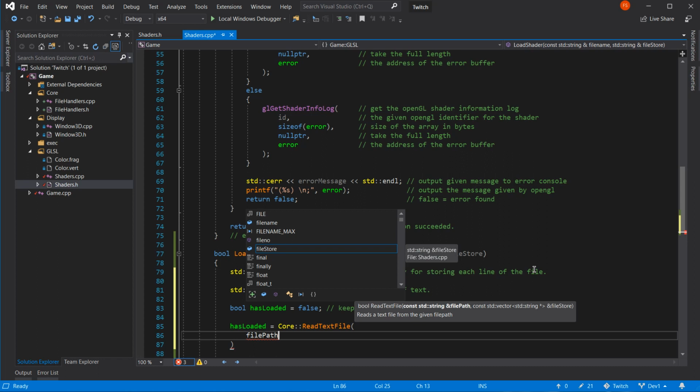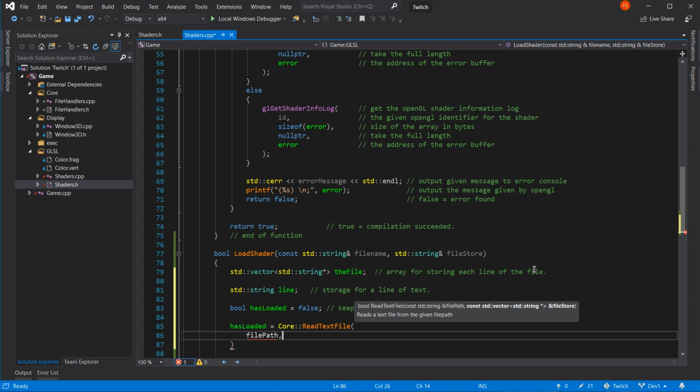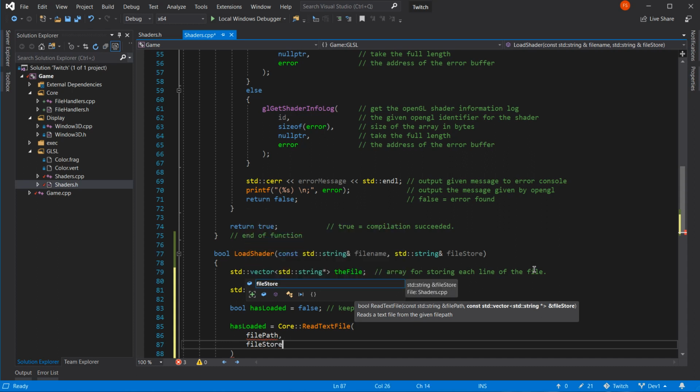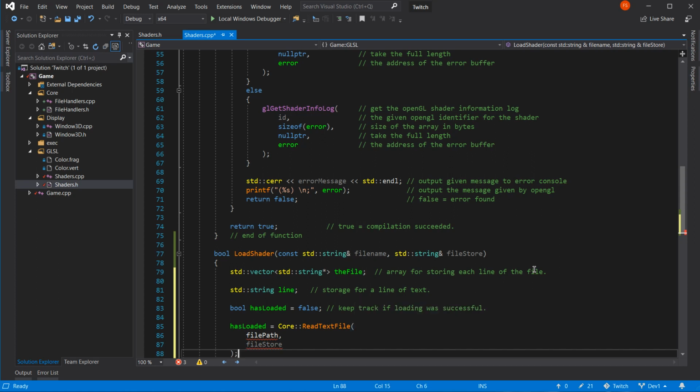No, we don't have. And our file store. Our file store is file store. There we go. That's okay there. That's it. And it's going to give me these thingies again where I can't get out of it. Never mind.